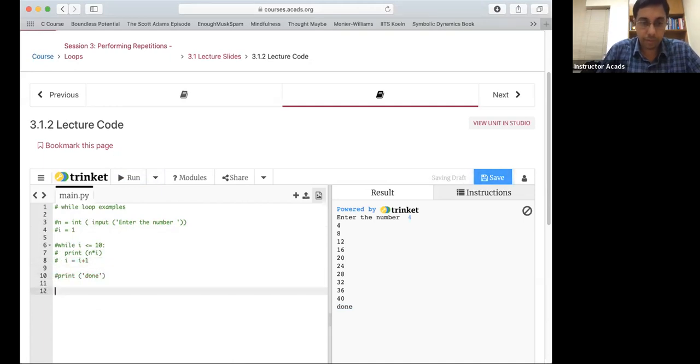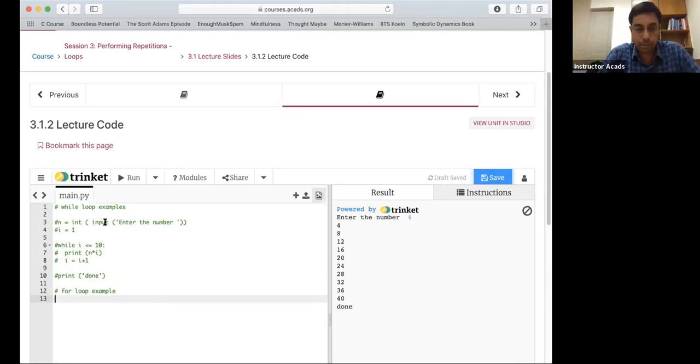Okay, I'll go to a for loop example. Let's say that I want to compute the maximum of, let's say, 7 numbers. So this is a fixed number of elements that I have to compute the maximum for. And so I'll say,